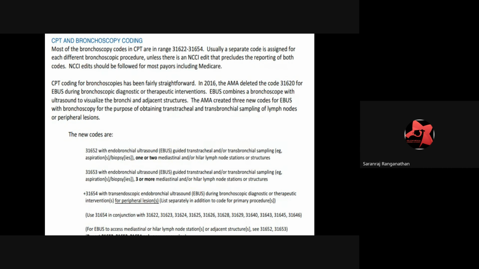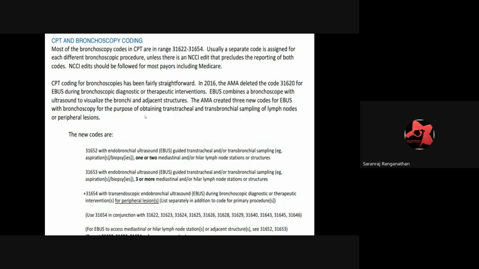So CPT and the bronchoscopic coding, they have given us some instructions we can see here. Previously, one concept is there: the bronchoscopy codes are 31622 to 31654. Then we have different codes, and we have NCCI edits for Medicare and non-Medicare patients. For that, previously in 2016 and earlier we have some codes for that,